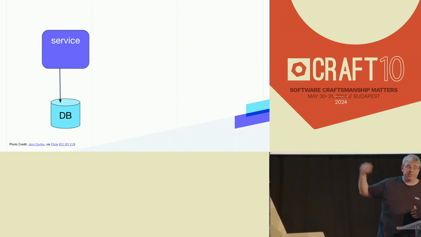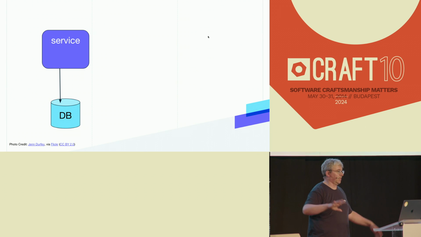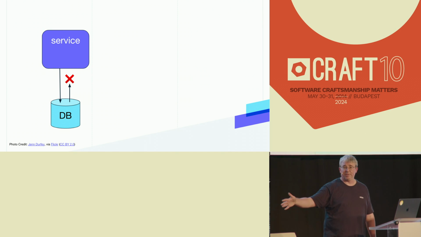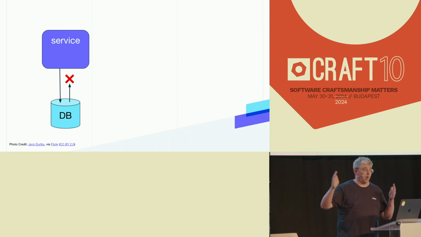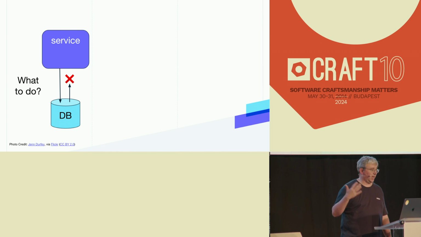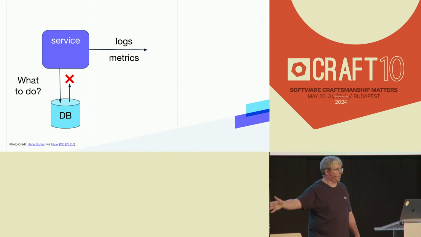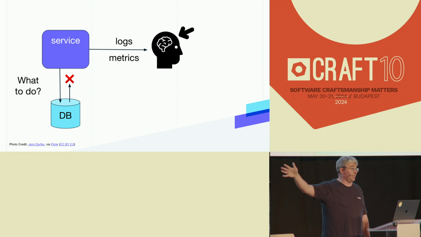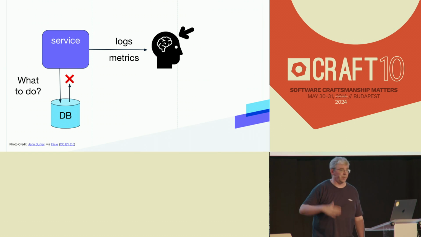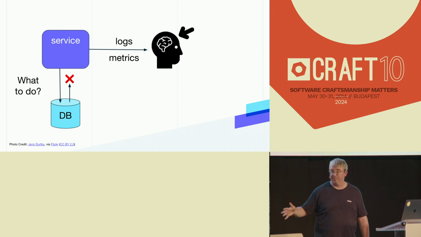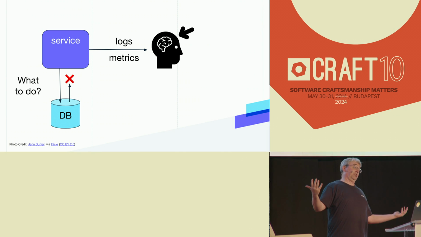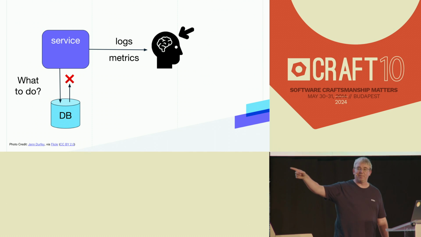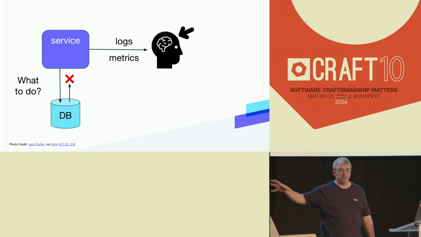So let's put things in a more familiar context. Let's say we have a service and it's talking to a database. The database starts generating errors as we send it requests. One way of dealing with this is that the service can generate logs and metrics, and some operator can see, oh my gosh, look at all these error messages coming through the logs, or the error rates are going up in my metrics system, and they can say, huh, it looks like the database is down. That's actually a model of the database that lives in somebody's head, which I think is really interesting.